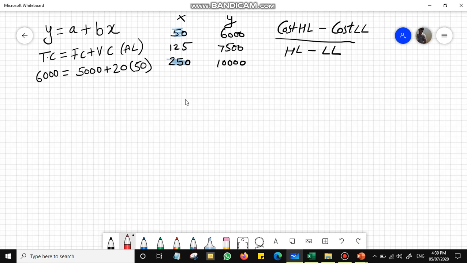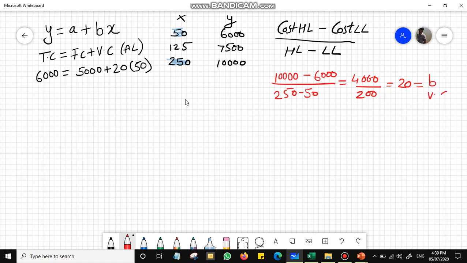So cost at highest activity level is 10,000 and cost at lowest activity level is 6,000, divided by 250 minus 50, and what you get is 4,000 divided by 200, which is 20. And so what you have calculated here is your B,